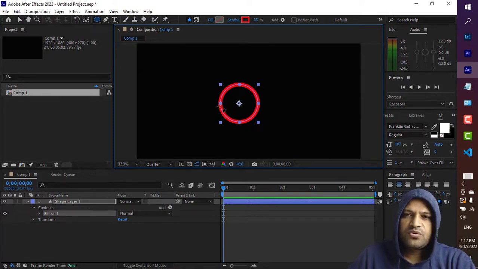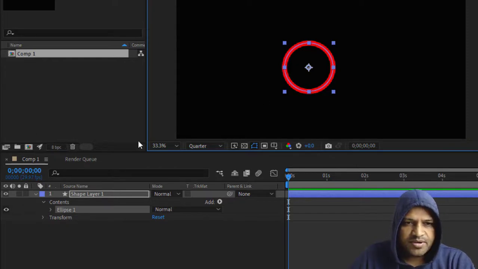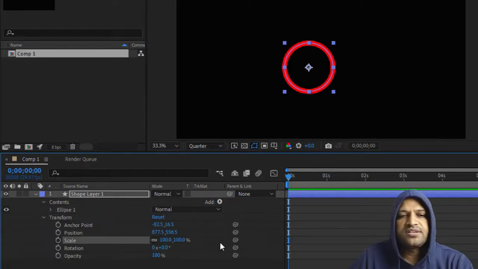After this, what we want to do is add some keyframes for the scaling. We want to scale this particular circle from 0 to 100%. So let us add that particular animation, and it is very simple to do that scale animation. Basically, when we are at the 0th second, this marker is at the 0th second, add the keyframe,